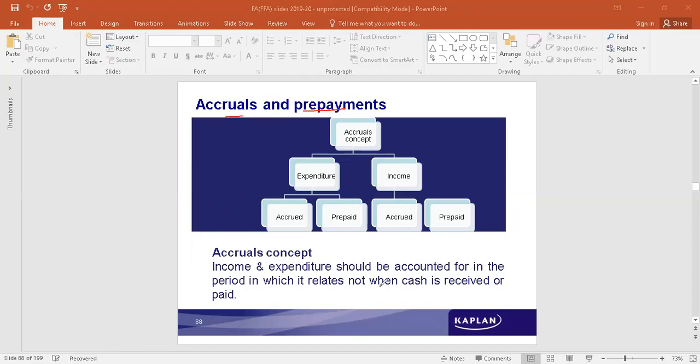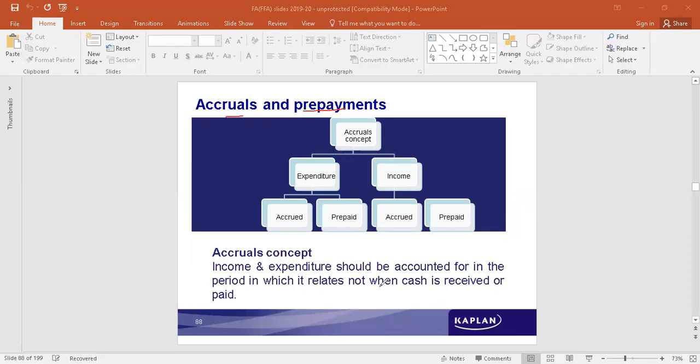We already know that part of it. If the transaction relates to a current period, whether the cash settlement was made or not, it is accounted. If there is anything which relates to the next period, it will not be accounted in the current year's income statement,